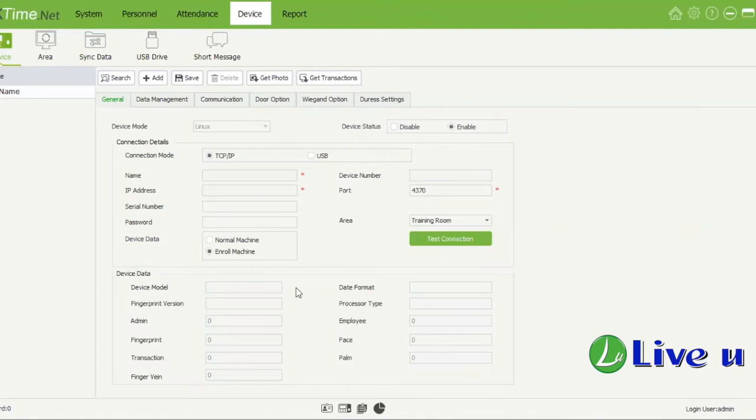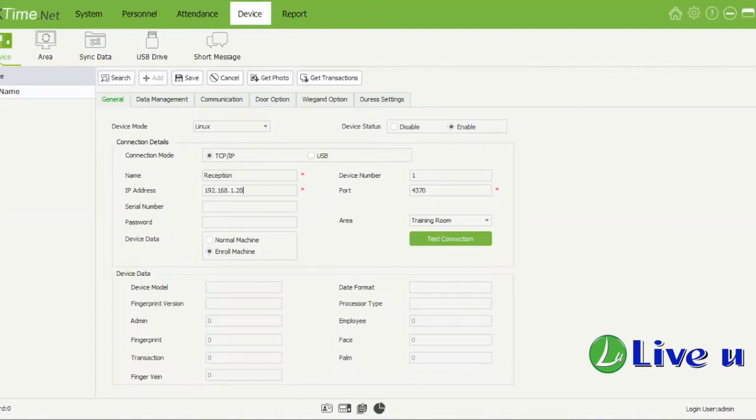So now we are on the device tab. You will see on the left-hand side, we have the devices. Over here, you'll be able to add new devices if you'd like. So click on the add window over here. You'll see that this cancel is now active, so then you know you're on the add. You can put in a name. This can be anything, for example, reception, so you know that this device is in reception. You will just call it whatever you'd like. This can be an F17, the name of the device. That's always helpful. Then you'll put in the IP address of this device. Let's say, for example,